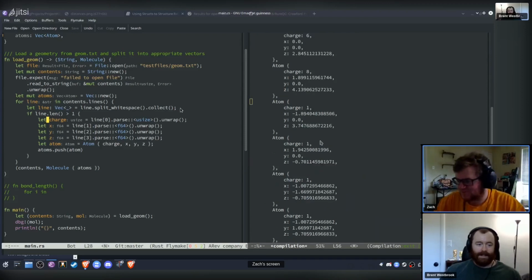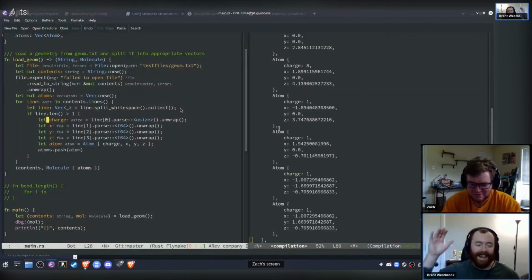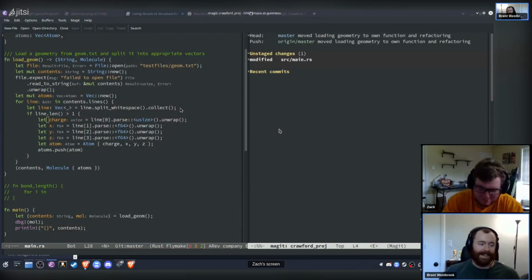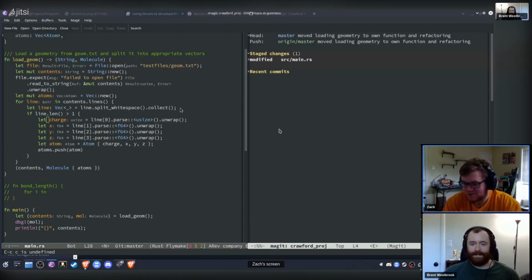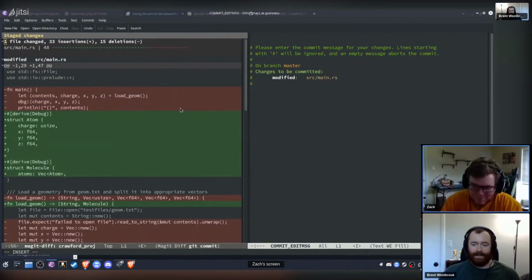That's that. All right, why don't you go ahead and commit that, because that was a lot more refactoring. And now I think we're ready to make progress on the project. All right, stage. There we go. Introduced